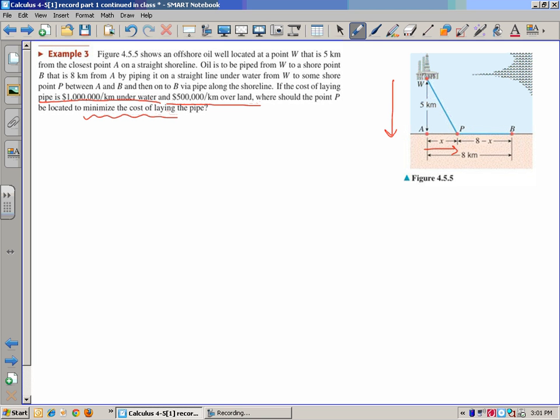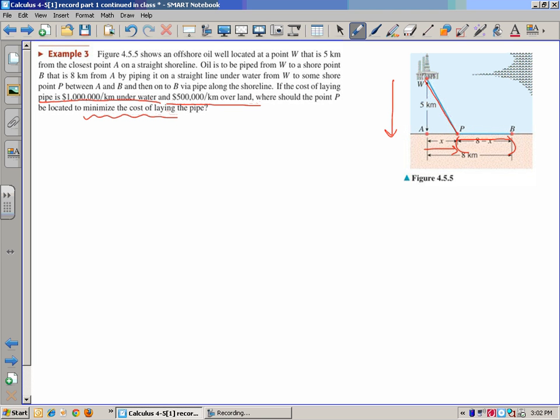Okay, so in order to find the total cost, we need to read the problem. And it says the closest point A on a straight shoreline is 5 kilometers. And the point P between A and B, and then onto point B from P. So we know that those are a total of 8 kilometers apart, and we know that the distance there is going to be 8 minus x, whatever x is. And so all of this is underwater, and then the part that we have that's going to be under the shoreline, because remember, we're going to pipe it, we're going to pipe from between,